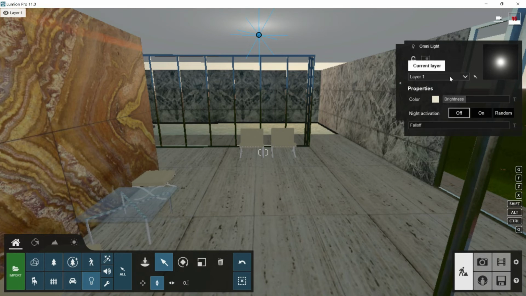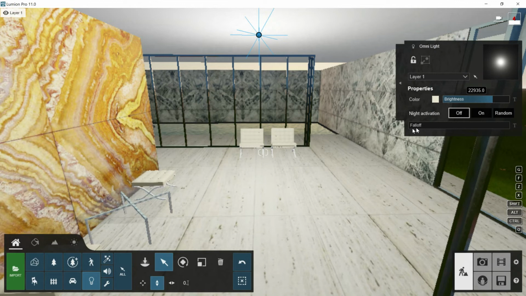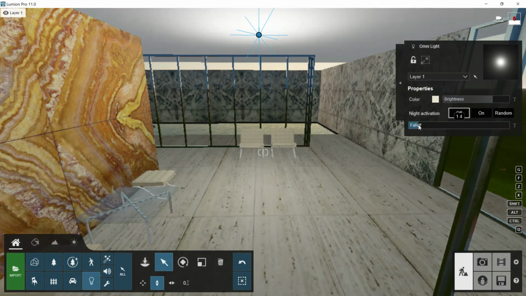Here we have the layer as always and some properties. The color, we can change it, and the brightness. We have the night activation as well and the fall off. Through this slider we will be able to control the brightness in a more accurate way. For example, if I increase the brightness a lot, here through the fall off I will be able to measure